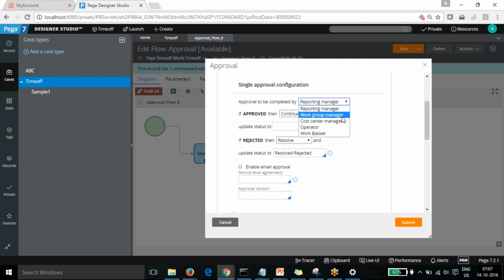Open browser. So there is one needed for approve manager, and if it is approved, we can see pending VP approved, and if it is rejected, we want that to go to the change stage, and we want to go to the reject request.